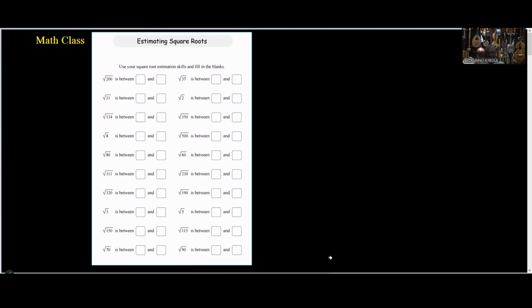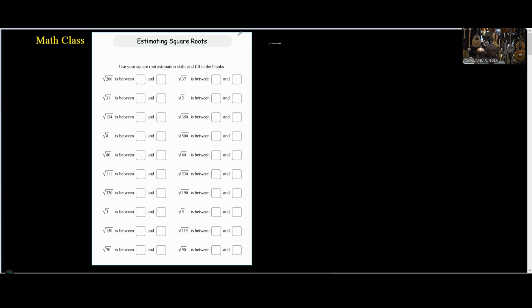What we want to do is to estimate this square root. We're not trying to find the square root exactly, but we're trying to determine what the value should be. It should be between what number and what number. For example,